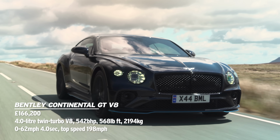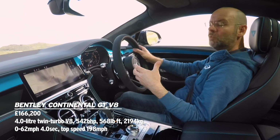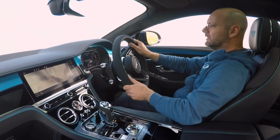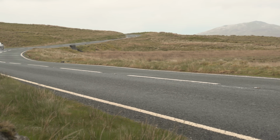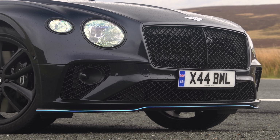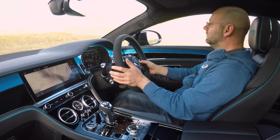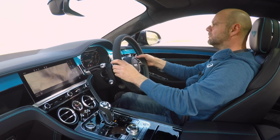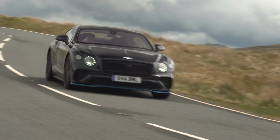Okay, so the Bentley has the most luxurious interior, no question, but does that translate to the way that it drives? Well, yes, in short, is the answer. This is a big car, it's a wide car, it weighs 2,100 kilos plus, partly because it's got all of this stuff inside it. The engine is inaudible unless you really want it to be. This is Bentley's twin-turbo V8. It does make a nice really bellowy, bassy V8 noise, but most of the time it's kind of